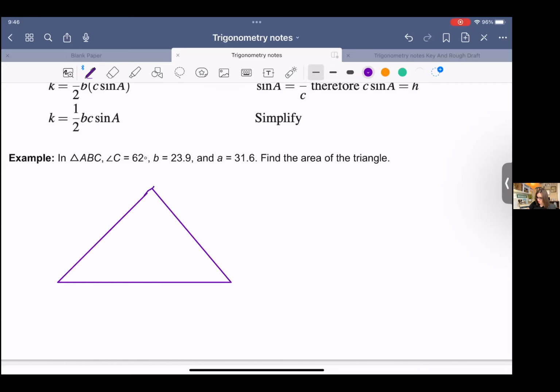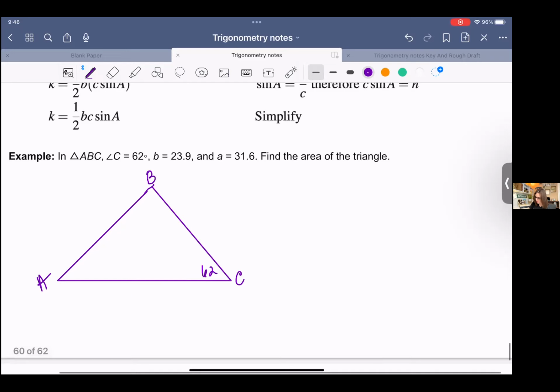A, B, C, where angle C is 62 degrees, side B is 23.9, and side A is 31.6. So the area of the triangle is 1/2,